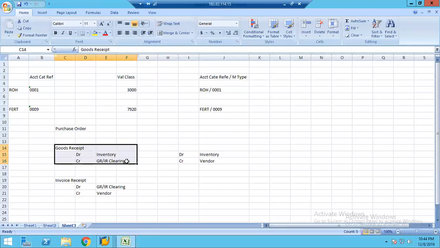Sometimes we may get less quantity. So out of 1,000 units, let's say we have received only 600 units, so we will have to post 600 units transaction over here, and if at all we are receiving an invoice, we will have to receive it only for 600. Or sometimes what happens is, we will receive 600 units in the first installment,